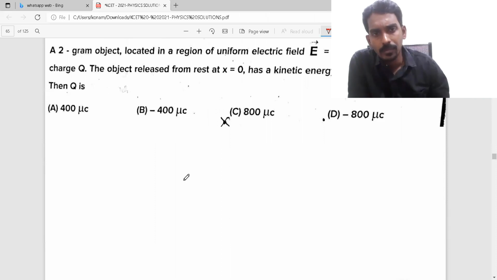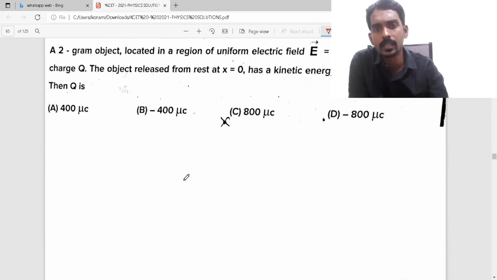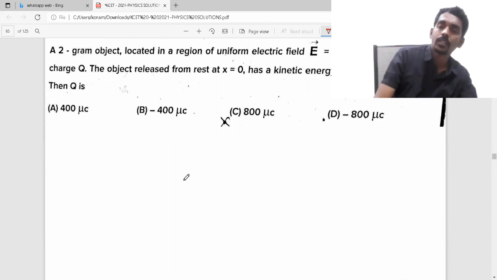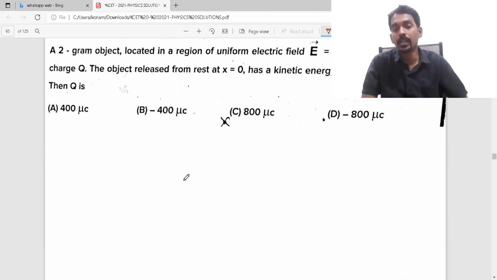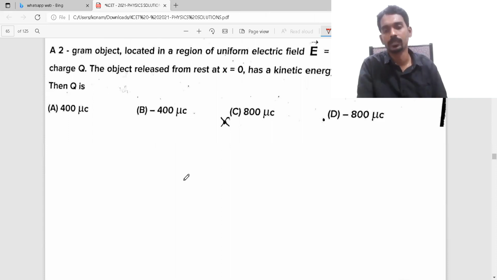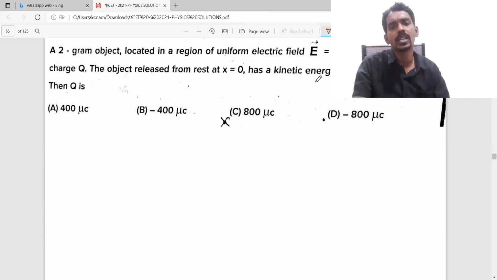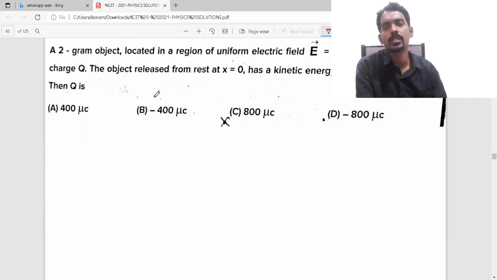Then, see here, one thing you need to understand is that one mass having some charge q is placed inside the electric field at rest. So electric field can affect the charge at rest and charge in motion both. But magnetic field affects only charge in motion. If the charge is at rest in the presence of only a magnetic field, it remains at rest. So here, the electric field is along i cap, so the charge also moves in the same direction if it is positive; if it is negative, it moves in the opposite direction.